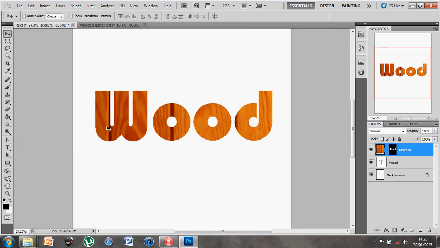Imagine the text rather being cut out of a piece of card. The letters have been cut out of a piece of card, and underneath we have this picture of the wood. That can be moved about, and you'll see the image through these letters. Now you'll notice that the image is actually considerably bigger than the text itself. So if you feel that the image is too big,